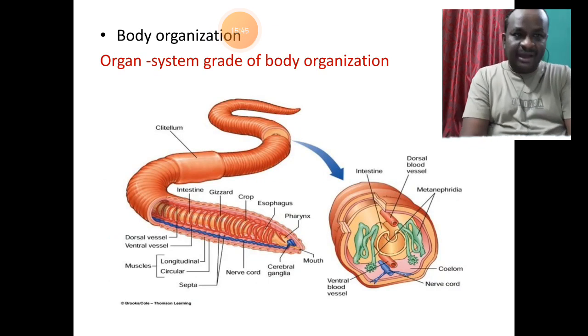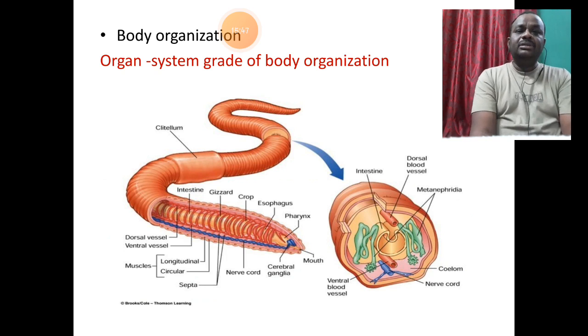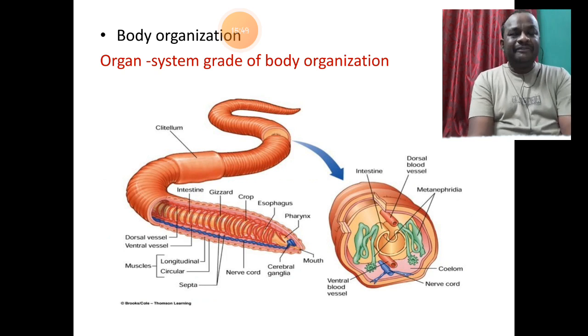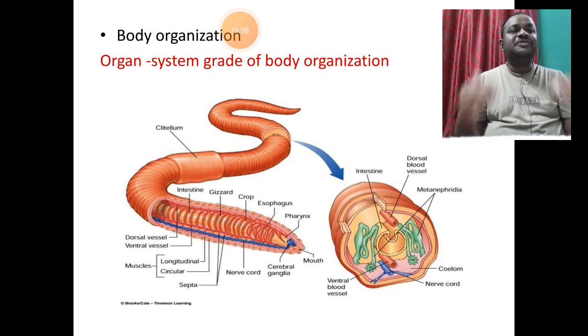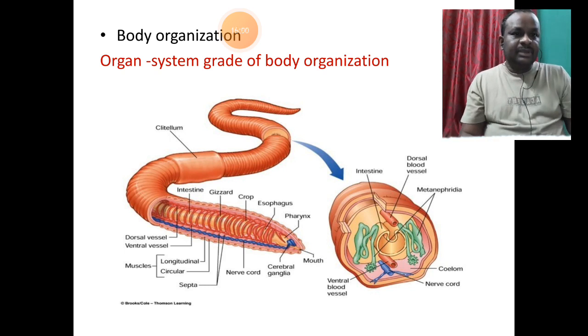Coming on to the body organization. The body organization is generally referred to as the organ system grade of body organization, which means the body of the animal is made up of a number of systems of organs. It will have